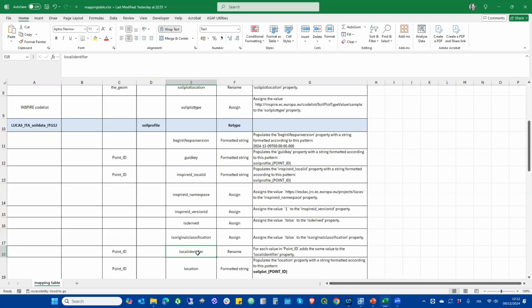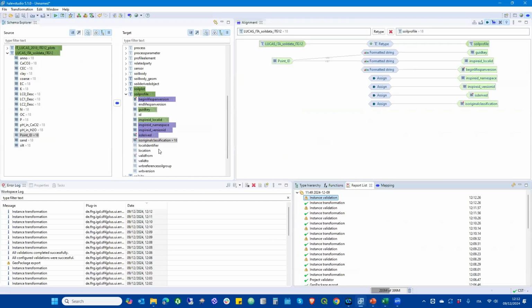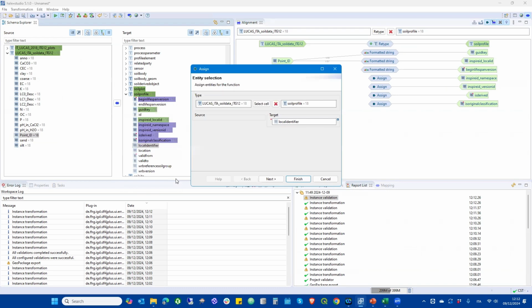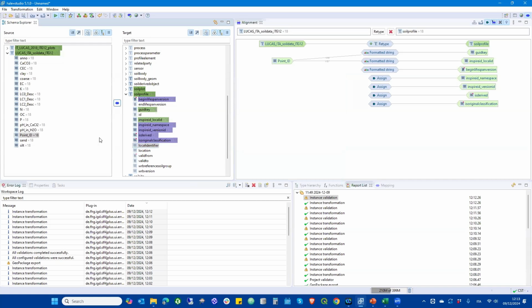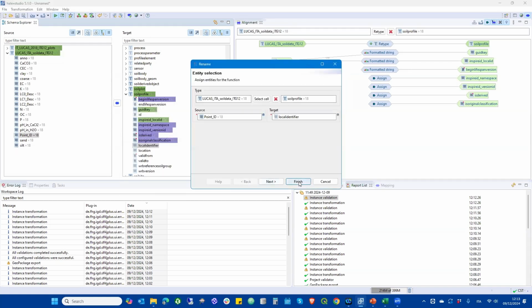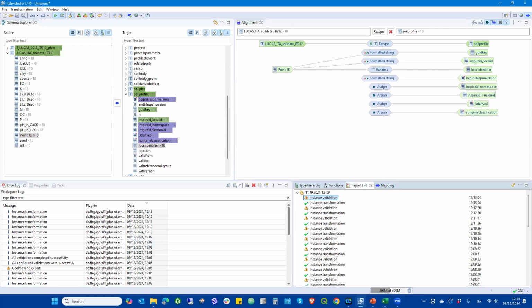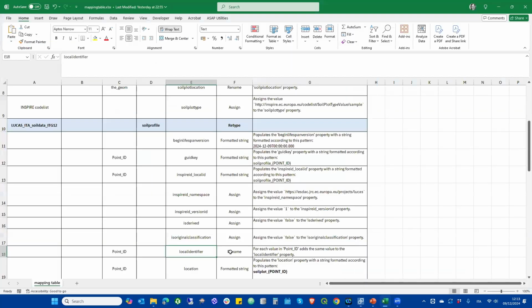Then we have the local identifier. In this case, we decided to assign to the local identifier the plot ID. The point ID, okay, assign. Oops, sorry, the name. Okay, then